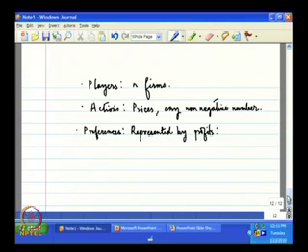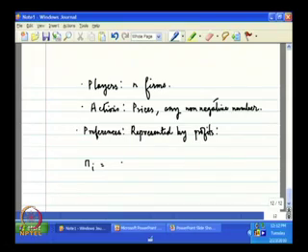So, suppose firm I, I am talking about firm I, any representative firm. The profit of firm I is given by price, P multiplied by Q minus cost, that is the first principle. But if I charge a price of P, then what is the quantity that I get? This is given by the demand function,